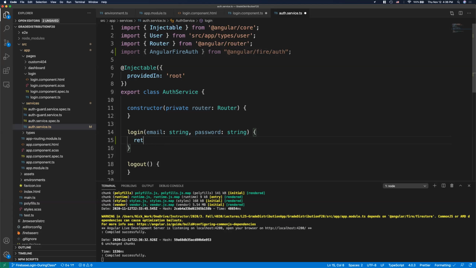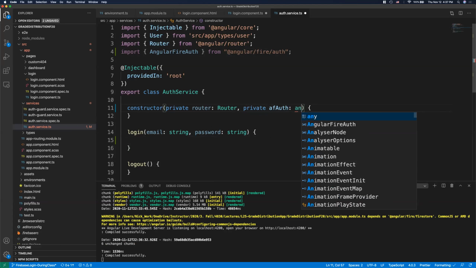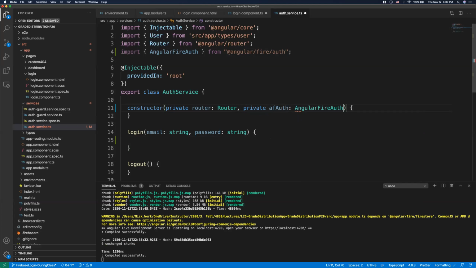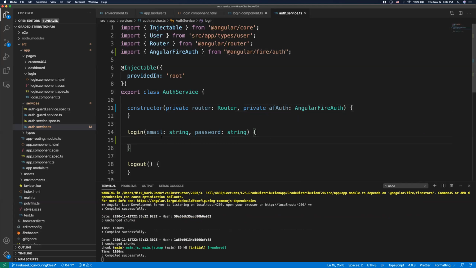Actually, sorry, I need to import it in the constructor. Okay, import it in the constructor. So I have a private variable. What are we going to call it? Let's call it AngularFire auth. So we'll call it AF auth for AngularFire auth. We're going to import the AngularFire auth here in the constructor. Once I have it imported, I can do the dot notation, call AngularFire auth,